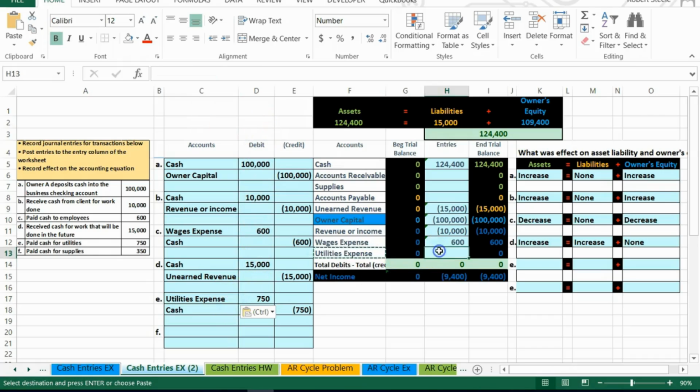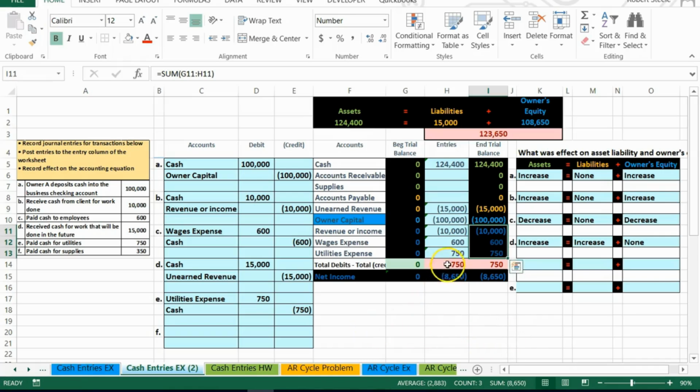So I'm going to put my cursor here to post it in H13, equals, going to point to the 750 utilities, bringing utilities up to 750, putting us out of balance there, bringing net income down. So note that net income went down by that 750 because net income is revenue minus expenses. The credit being a negative number in this case, but we're thinking of it as a credit. Minus 6 minus 750 gives us